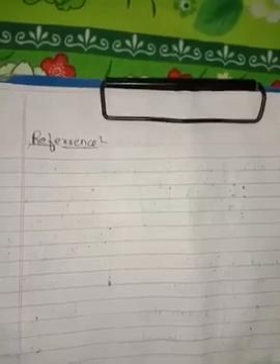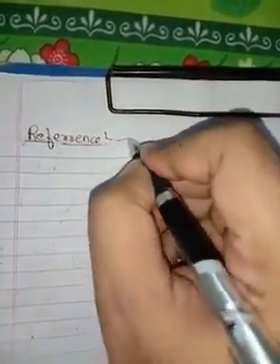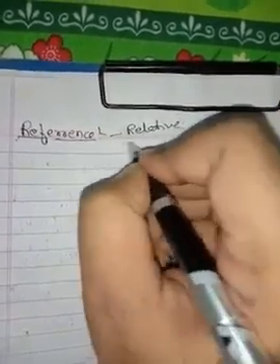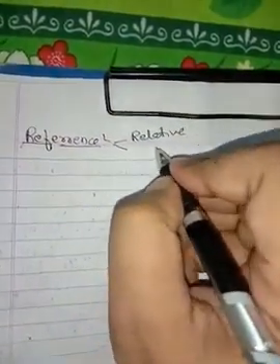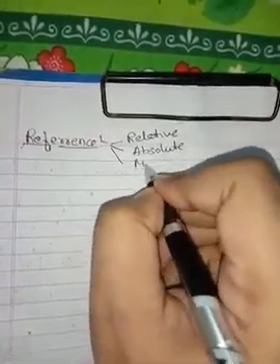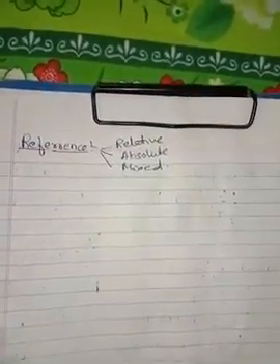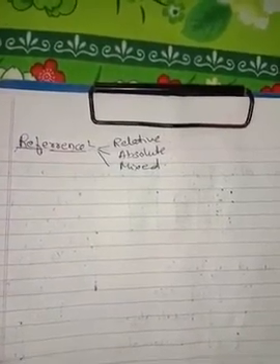Whenever we are asked about the reference, we can say a reference refers to the cells in a formula. A cell address like A5, A1:B1, all these are the reference. So the reference generally refers to the cell address. We have three types of reference: relative reference, absolute reference, and mixed reference.